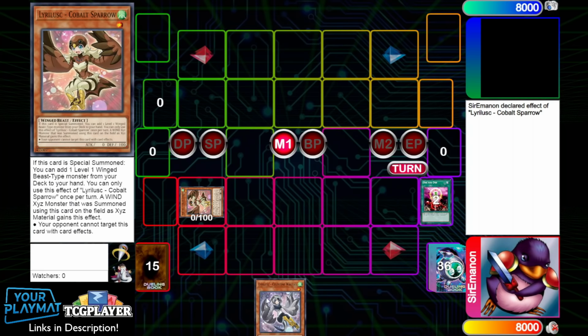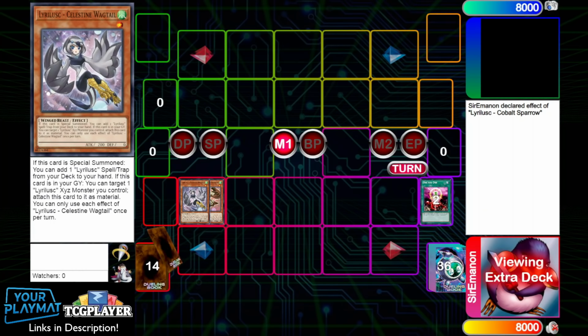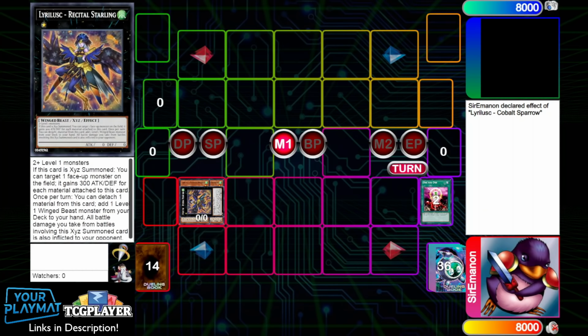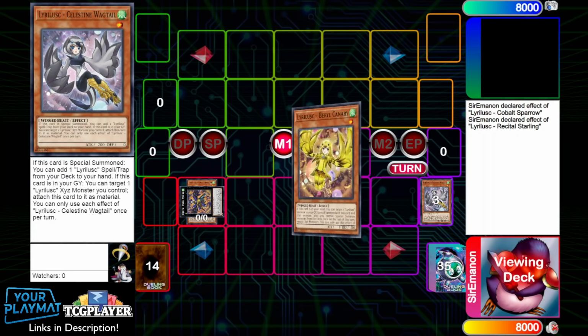Now, since we're operating under the assumption that we have no other resources, we're going to have to normal summon her, but that's totally fine. This allows us to at least go for Recital Starling, so that can grab us a search. You want to specifically detach the Celeste Wagtail because you're going to be bringing her back right away with the